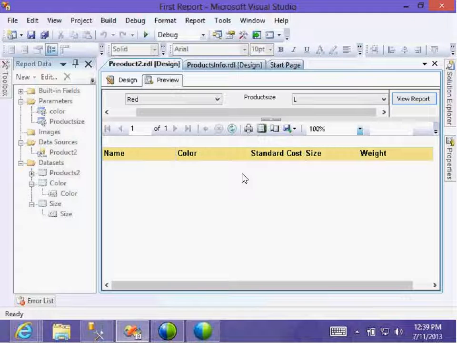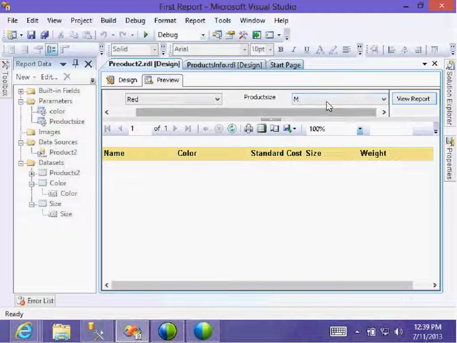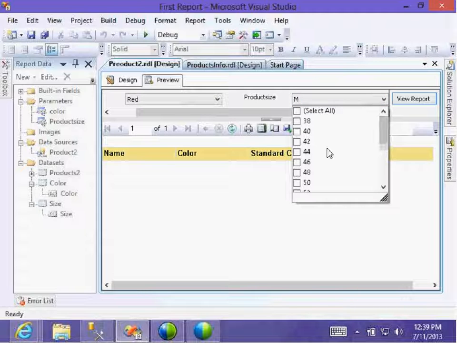Oh, no product. There is no red color large size product. Why size here? With the red large size. Large size here. Then which size is available or not?